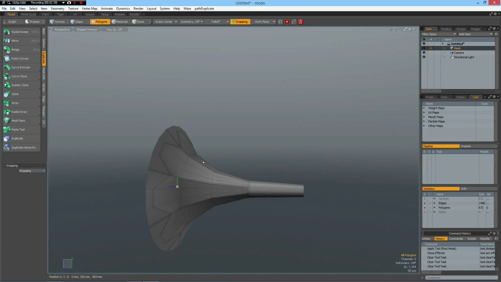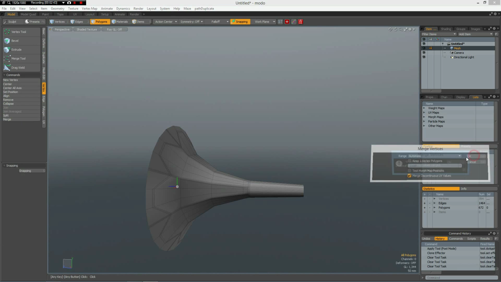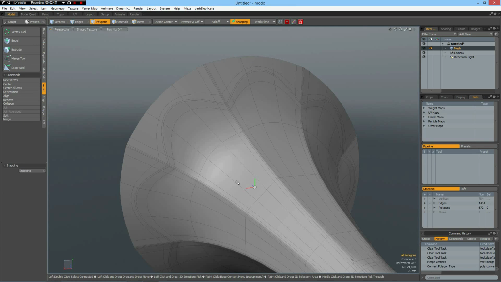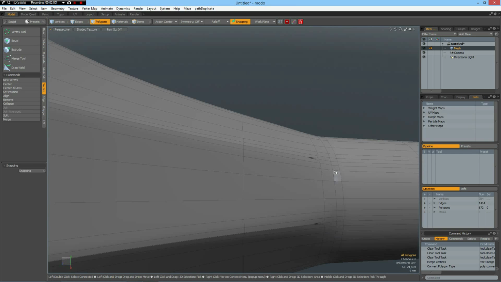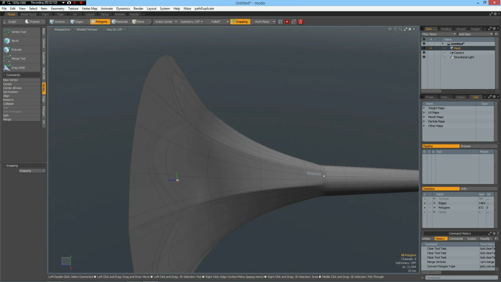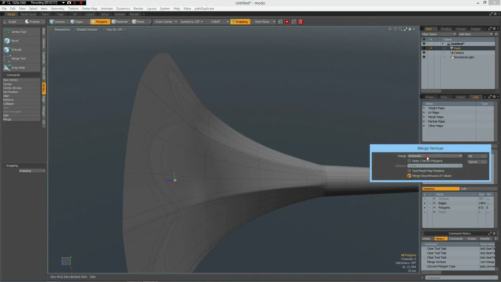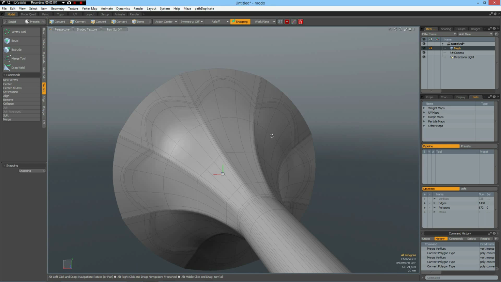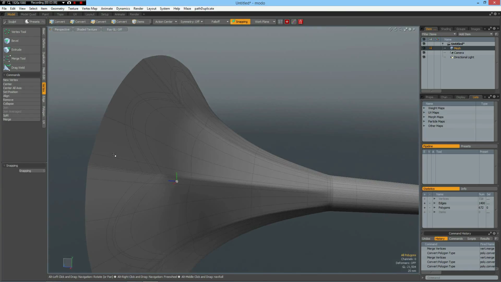That's a lot better. Now we should be able to vertex merge automatic. 48, that doesn't sound so good. Now we have problems here. So let me retry it with merge and fixed 1 millimeter, and another 56 have merged, and now it looks a lot better. Okay, now I select all these edges,